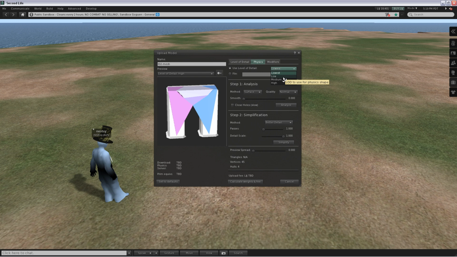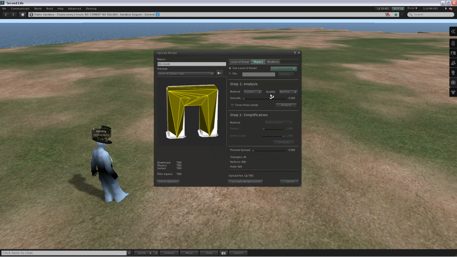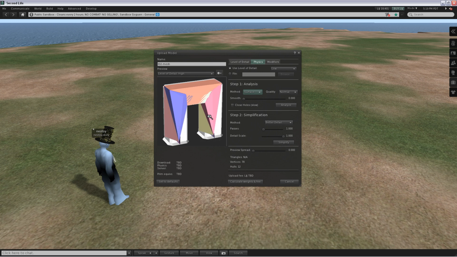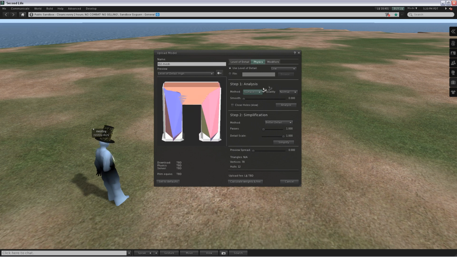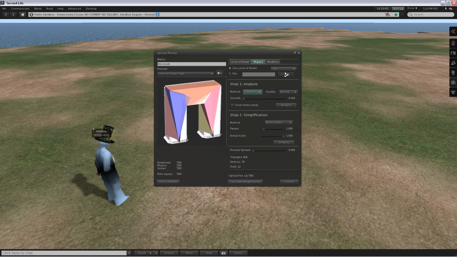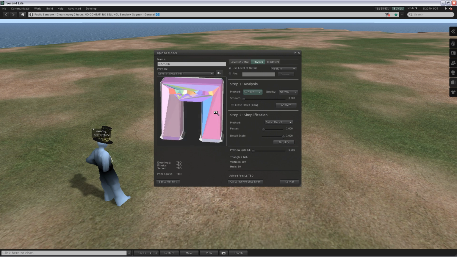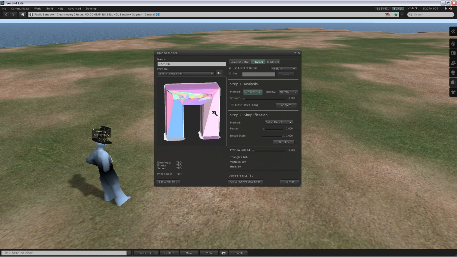So what I'm going to do is just start at the bottom naturally and work my way up. And each time I go to a new level of detail, I'm going to click this Analyze again, and that gives me a little clearer picture of where my physical regions are. I'm kind of a perfectionist when it comes to the physics layer. I like it to be really accurate, so I'm gonna go to medium, analyze that again. Now this is pretty close. I mean, this is almost good enough, but like I said, I'm a perfectionist, so I'm gonna go to high,